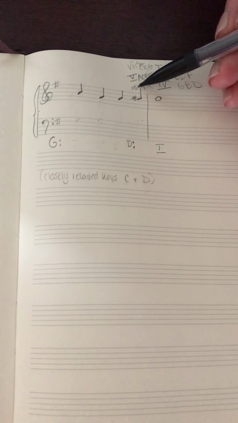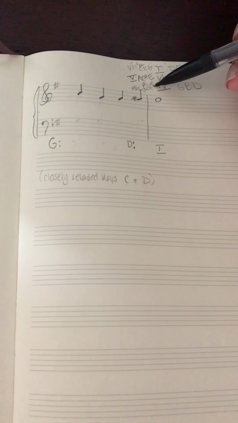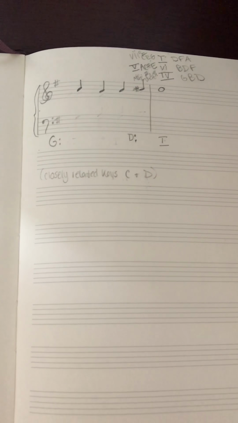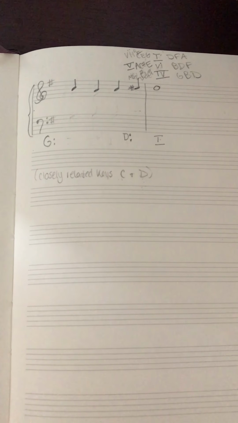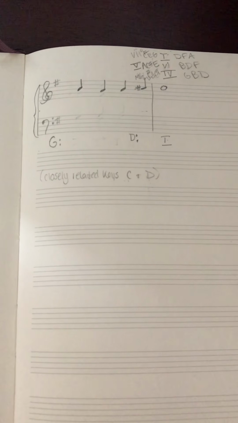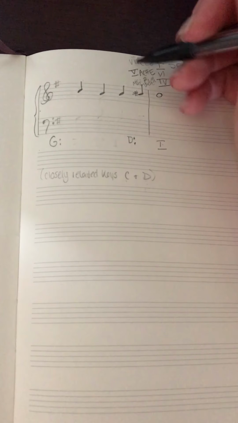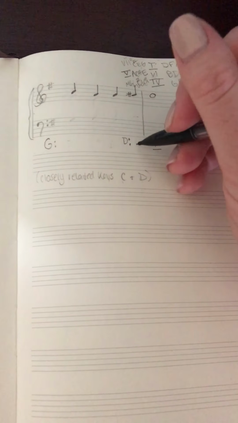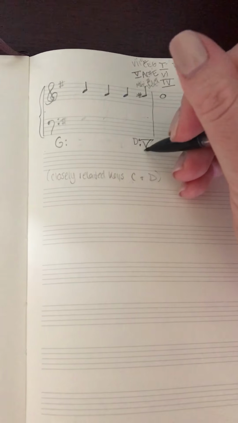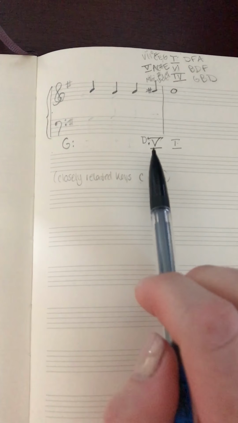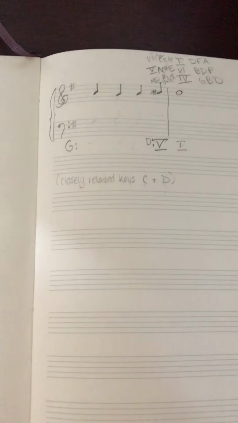3 is out of the question. It just doesn't really tend to be followed by 1. Both 7 and 5 are dominant chords, meaning that they strongly lead back to 1, and so either of those would be a safe bet. I really like the 5 chord because this provides the strongest cadence, 5 to 1. All right,